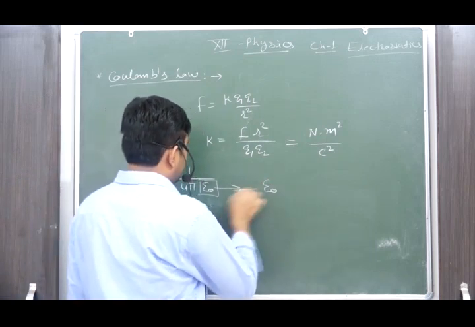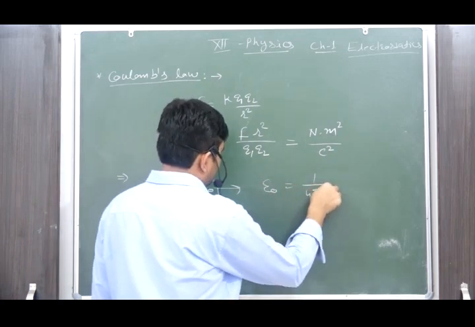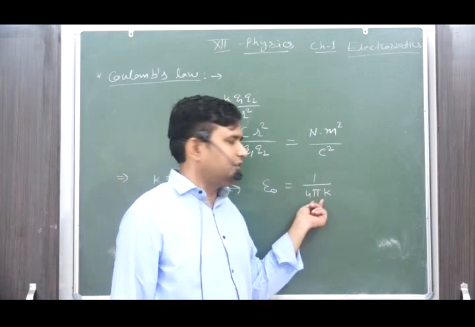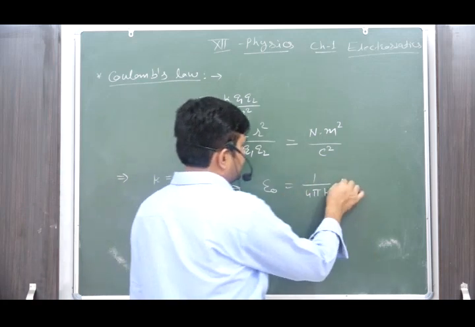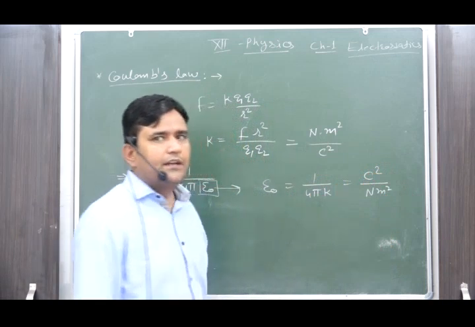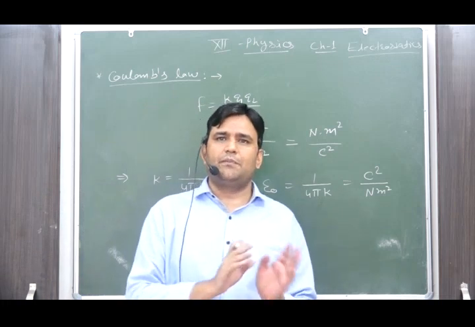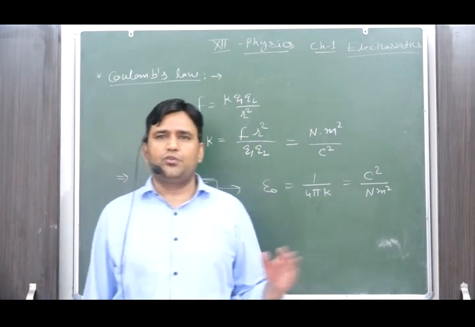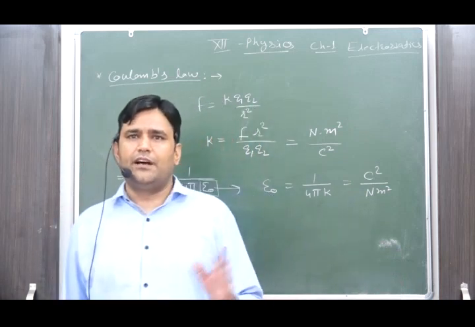The value of epsilon naught is equal to, cross multiplying, 1 upon 4 pi into K. We know that K is a constant, and pi is also a constant. Then the unit is just the reciprocal of the unit of K, and its unit is Coulomb square per Newton meter square. Clear? This causes the most confusion because we always study the basics of Coulomb's law, doing the ratification in terms of F equal to K Q1 Q2 upon R square and F equal to 1 upon 4 pi epsilon naught Q1 Q2 upon R square.